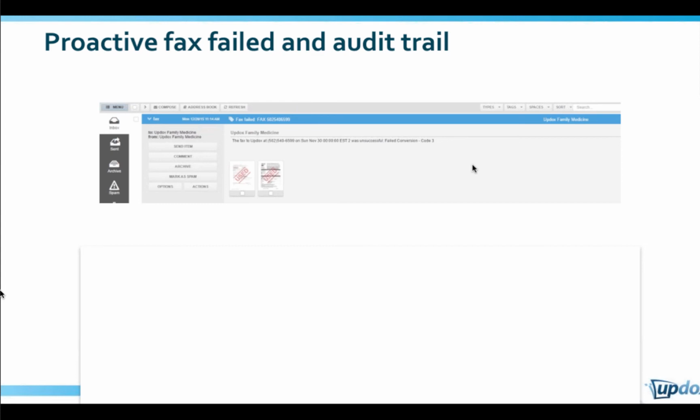So if a fax fails for whatever reason, let's say they're on a paper fax system and they're throwing up busy signals or their hardware is offline, we will proactively notify you. So we try 4 times every 2 minutes, I believe, to send that fax out the door. And if it does hit a busy signal or a fax machine that's offline, we'll put a fax failed notification